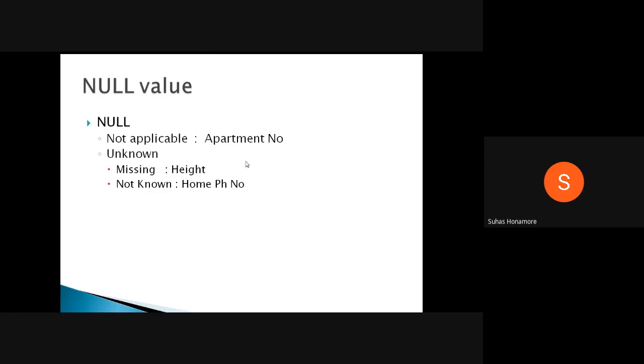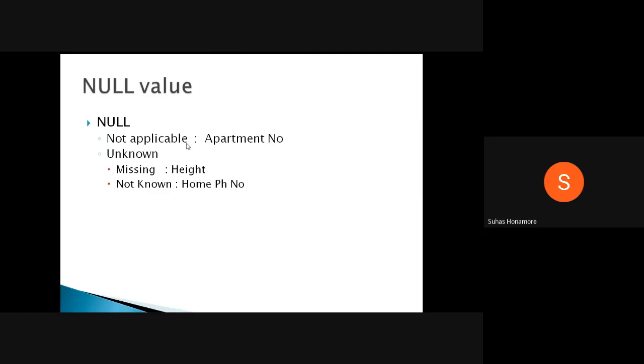So in total we can enter three examples. First, not applicable: that attribute itself is not applicable to the row you are trying to insert. One example is apartment number. If a person is staying in an independent home, then apartment number will not come. Second, a person will have a height, but we don't know what his height is. Third, the landline phone number: we don't know whether he has a landline phone or not, so it may be missing.